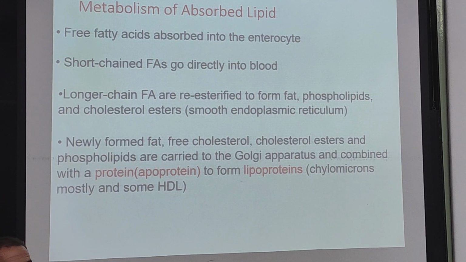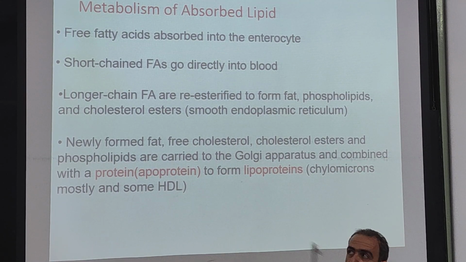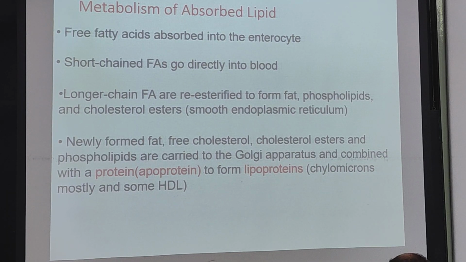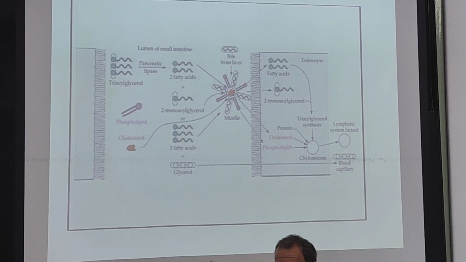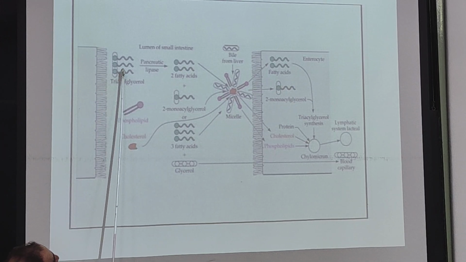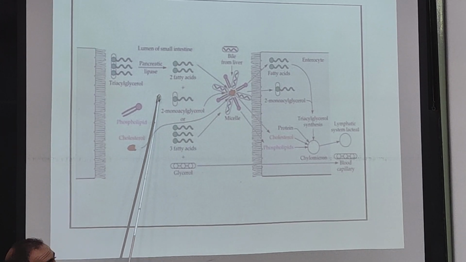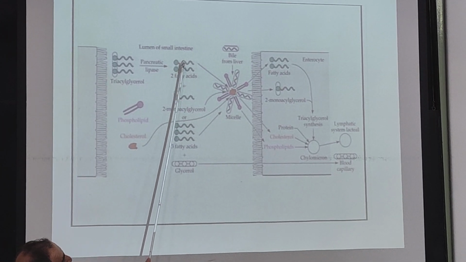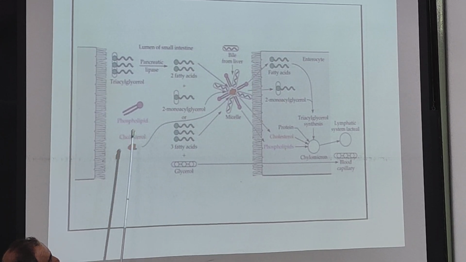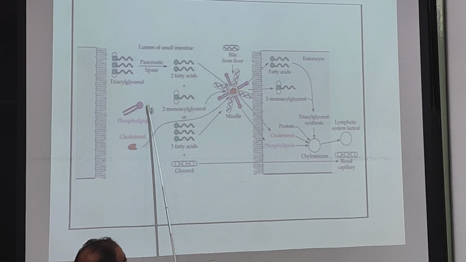First of all, we digest them, then again we collect them as lipoproteins for their secretion. So here you can see what happens in our intestine. We have triglyceride, phospholipids, cholesterol. Pancreatic lipase produces 2 fatty acids and 2-monoacylglycerol. These components are absorbed